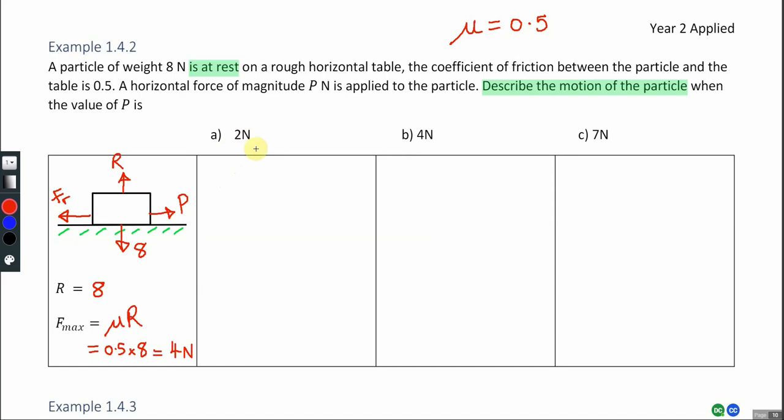Describe that if P was 2 newtons. Alright, I hope you had a go at thinking what would the motion be like if P is 2 newtons. Well, if P is just 2 newtons, friction can match that. Friction isn't always going to be 4 newtons. On the previous page in the notes booklet, it said something like friction only acts